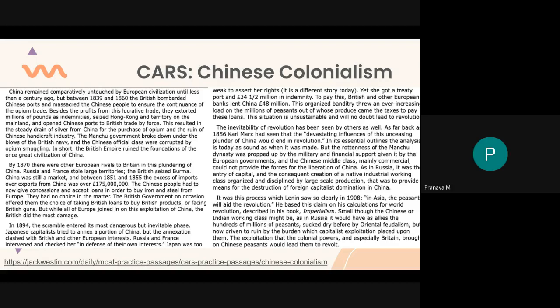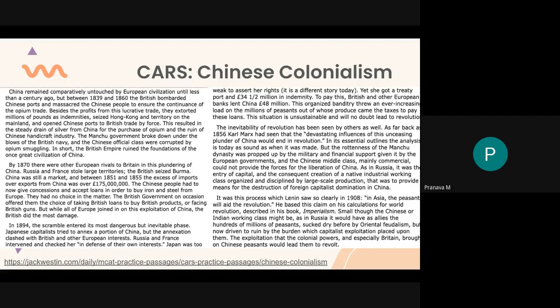This resulted in the steady drain of silver from China for the purpose of opium and the ruin of Chinese handicraft industry. The Manchu government broke down under the blows of the British Navy, and the Chinese official class were corrupted by opium smuggling. In short, the British Empire ruined the foundation of the once great civilization of China. So I would try to do a quick summary of the paragraph. So it's just talking about how China was exploited by European civilization, and this particular paragraph is talking about the British. So going on to the next paragraph, by 1870, there were other European rivals to Britain in this plundering